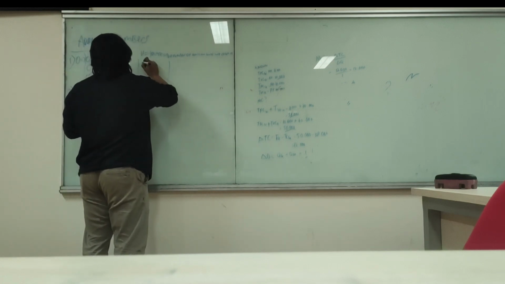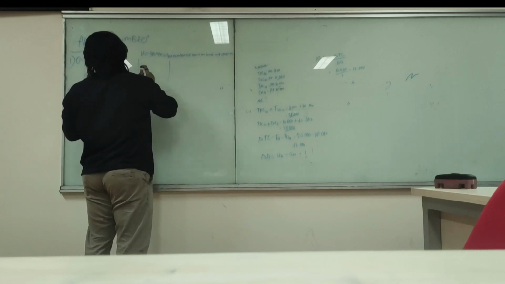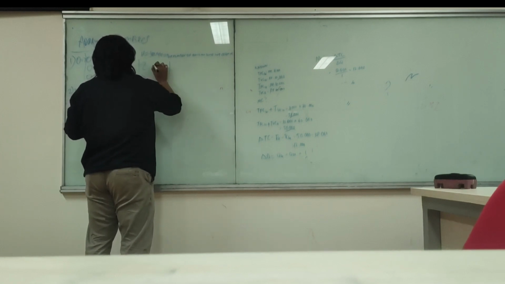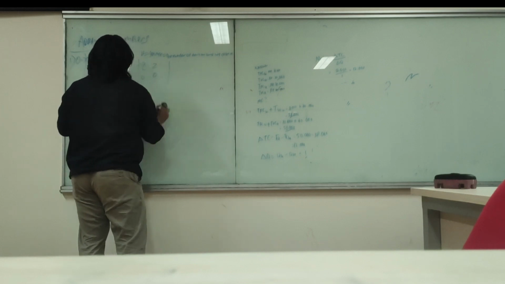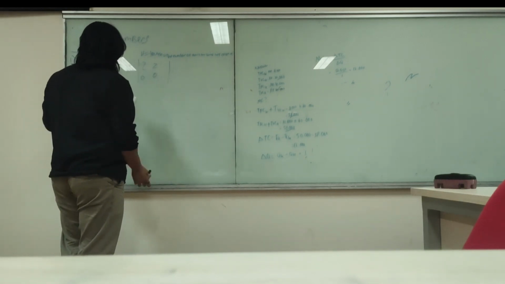For example, if the column has two elements, then the row has two elements. Okay, so like that. For example, moving to the fifth one,